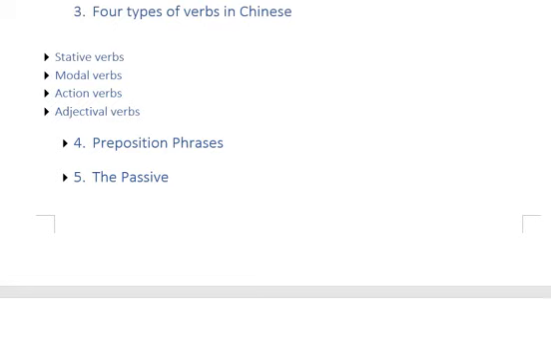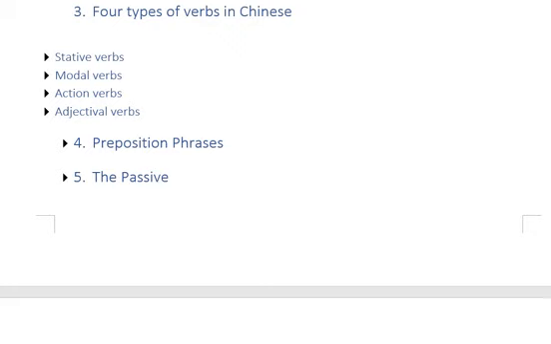Okay, in the last lesson, we solved the most pressing question, which is what is the Chinese sentence structure. It turns out that the Chinese sentence structure is very similar to the English sentence structure. We have a subject, a verb, and an object. Today, we're going to solve